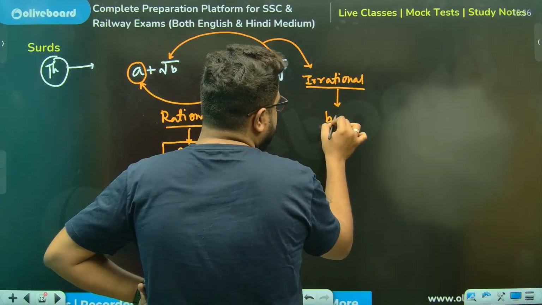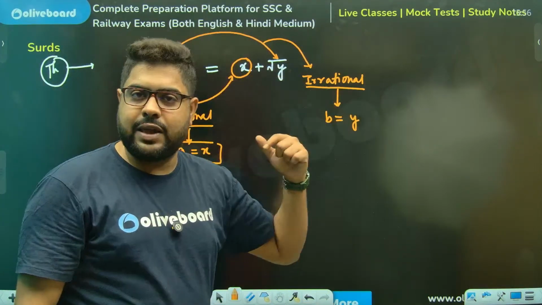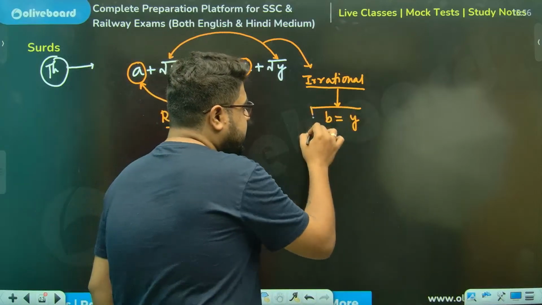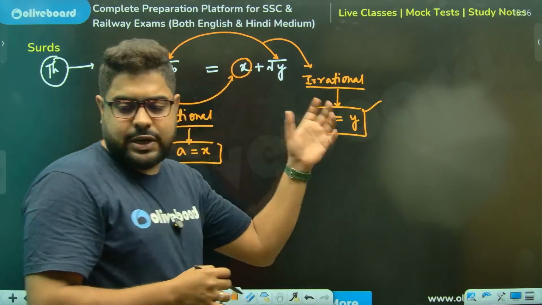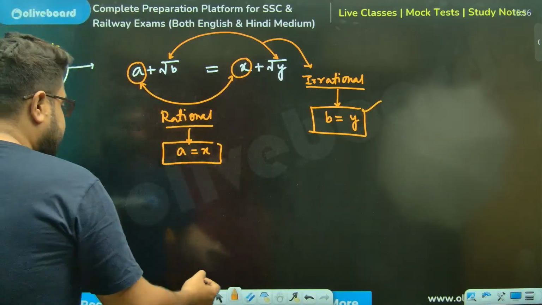That means B should be equal to Y. I should have written root B equal to root Y. So B should be equal to Y. Okay. So this is one very interesting thing that you should definitely understand. Now, with that being said,